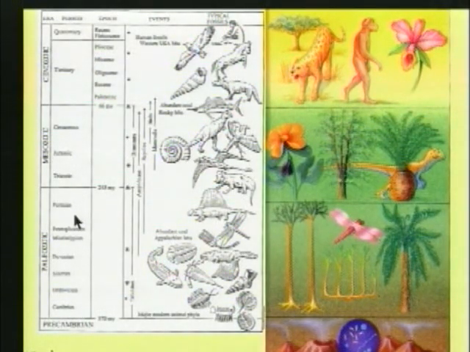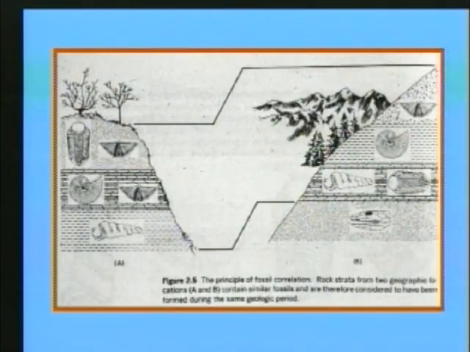Do I know how old these layers are? No, I can conjecture from being close to a rock layer that's igneous and timing and dating techniques how old it is, but the dating technique has so many assumptions that it's not really valid. I cannot use it, so I don't know how old the rock layers are. All right, so how do I know how old they are? Well, science uses the law of fossil correlation in sedimentary rock.